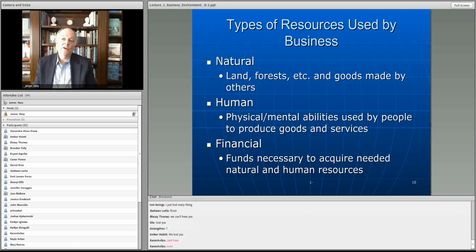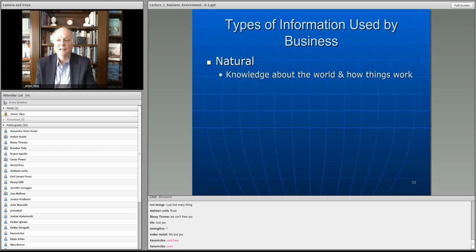And then the third type of resources is financial resources. That is, dollars and cents. If you need to make an investment in a new factory or new building or office building or new computer equipment or whatever, you have financial resources that enable you or allow you to be able to do that, right? The funds that you need. So there's these physical things, these human social interaction things and skills, and then there's the dollars and cents factors as well that you take into account.